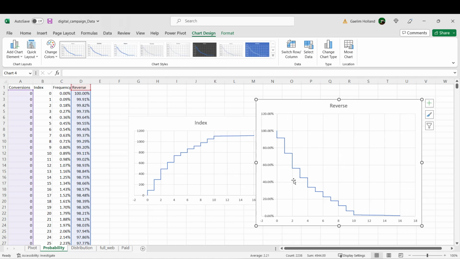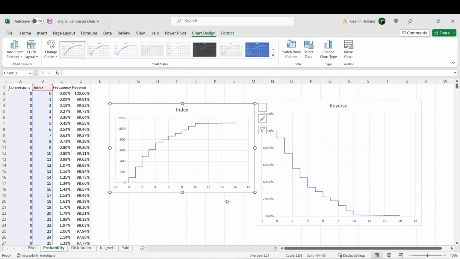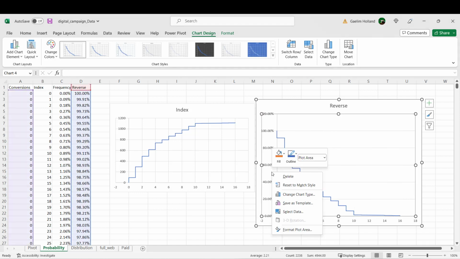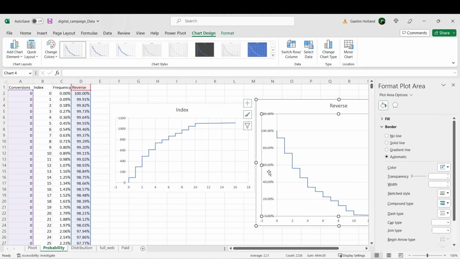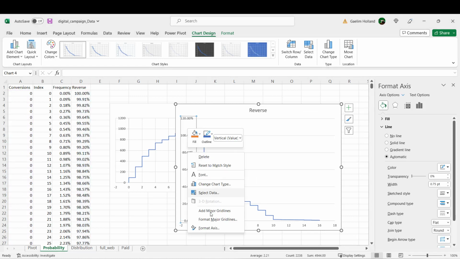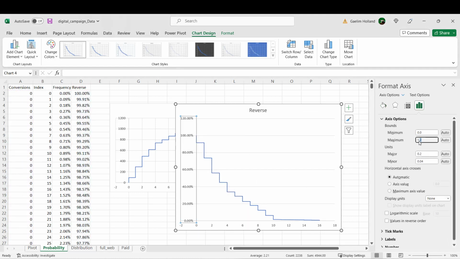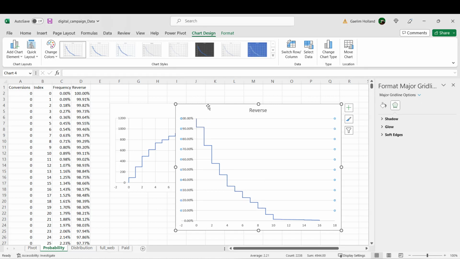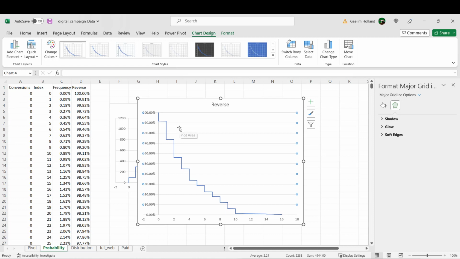So we can see what the percentage of our data is. So let me clean this up a bit. And this is called an empirical distribution plot. I just want this to go to 100, so I'm going to format the axis. Let's format here, format axis. And I'm going to keep that at 1. And minimum should be 0. So now what we can see, let me get rid of these lines,